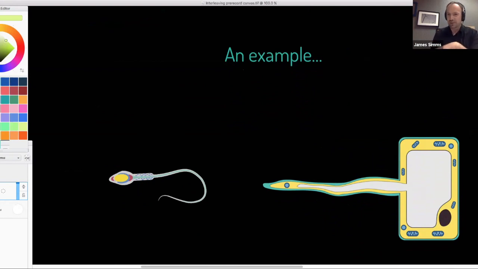Despite its shape, it's got nothing to do with sperm. Okay, so an example. This is really what I want to get to here. I'm going to talk to you about specialized cells. I know a bunch of you in here are PE teachers, but this is a bit of biology. It could have been anything. You guys will grasp it fine. You probably remember it from school. You might even teach it in your school, who knows. But we're going to do specialized cells in animals